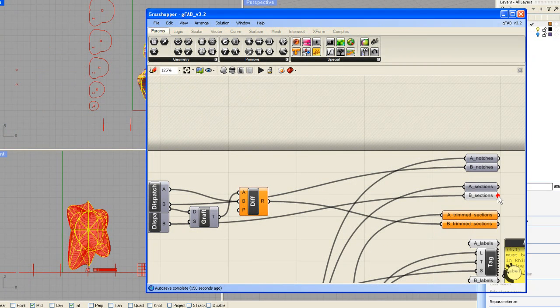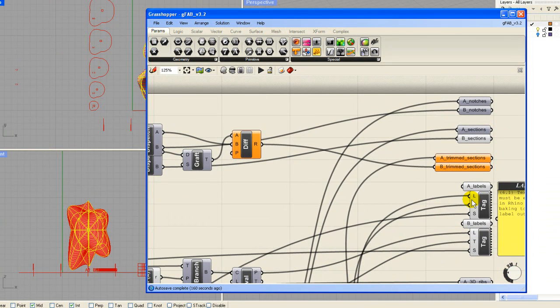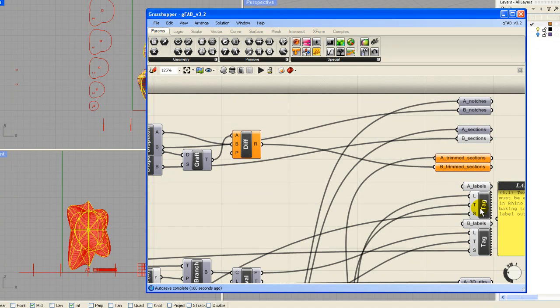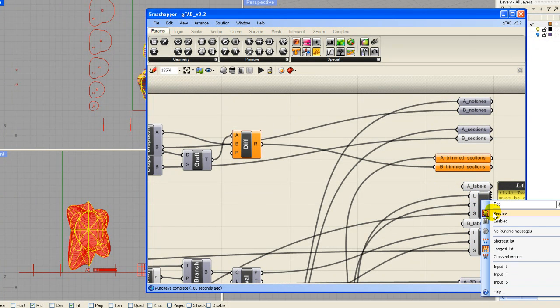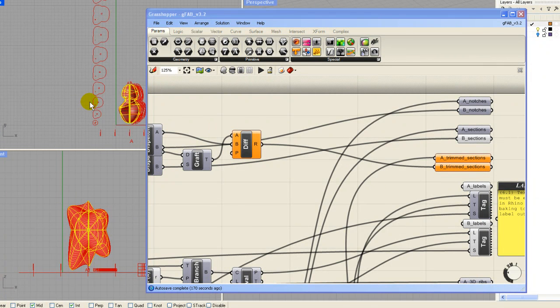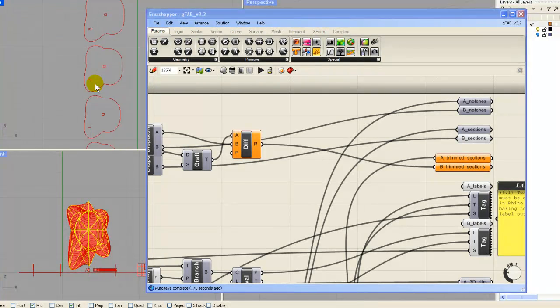And let's turn off our A sections there. And also, while we're at it, let's turn off our labels in A. Okay. So now we're left with what we really want, which are the B elements. The B elements. Okay. At this point, we're now ready to move these elements over into Rhino, and let's do them one by one,